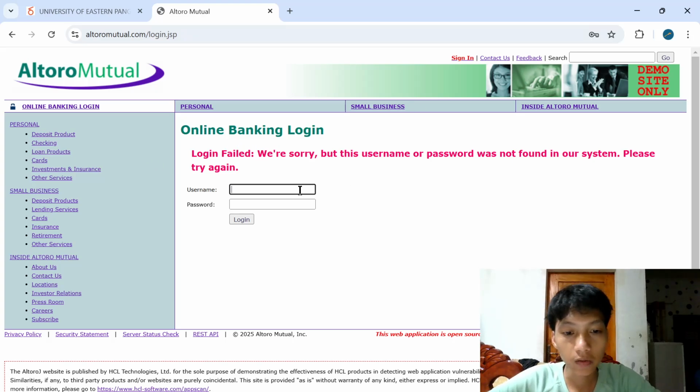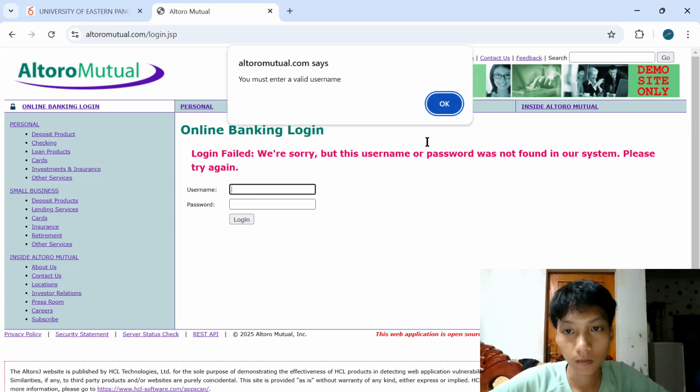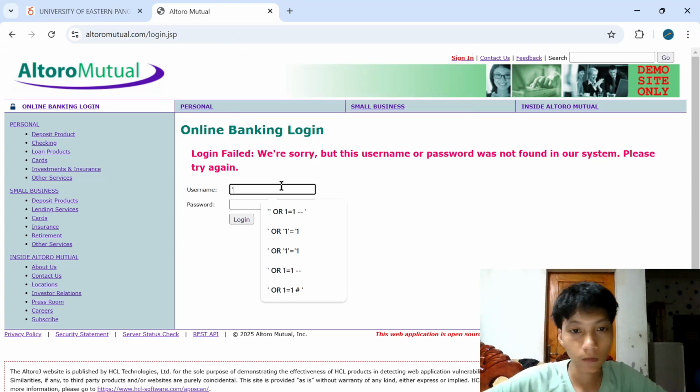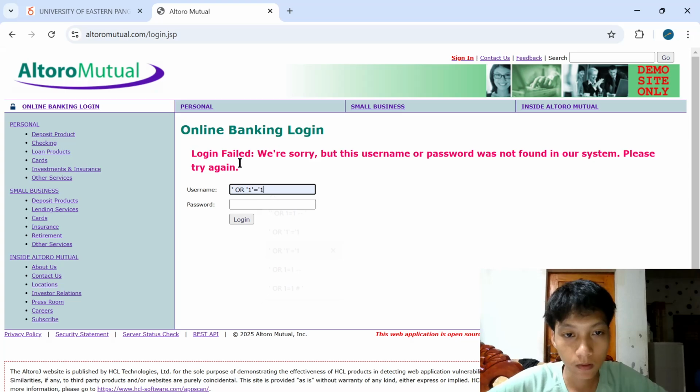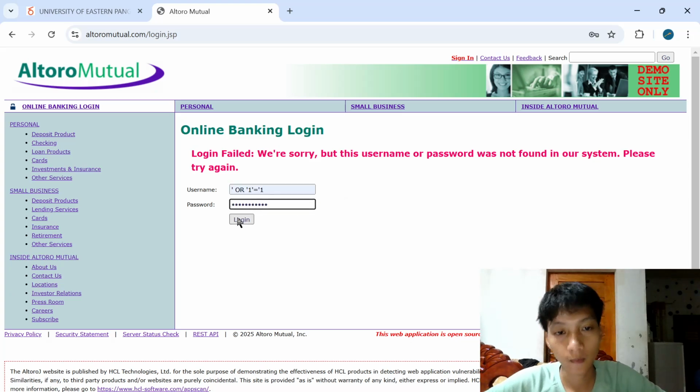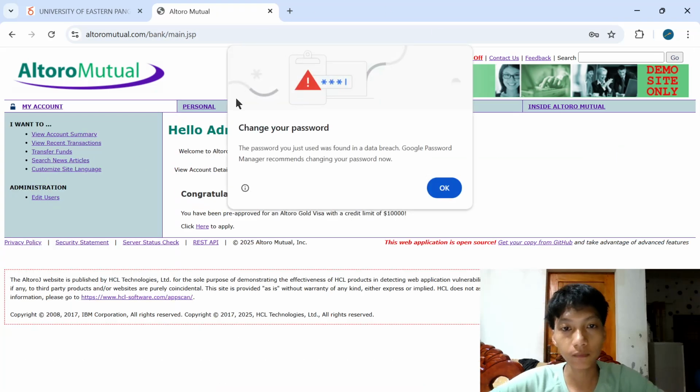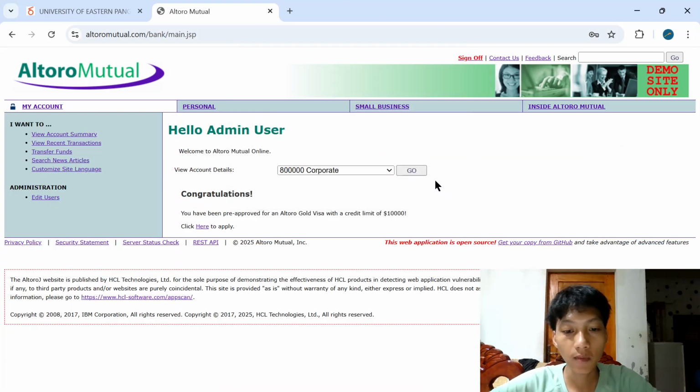And now we'll try the SQL injection attack. We will copy this and use it also as our password. As you can see, the attack bypassed the authentication, logging us in as an admin or user.